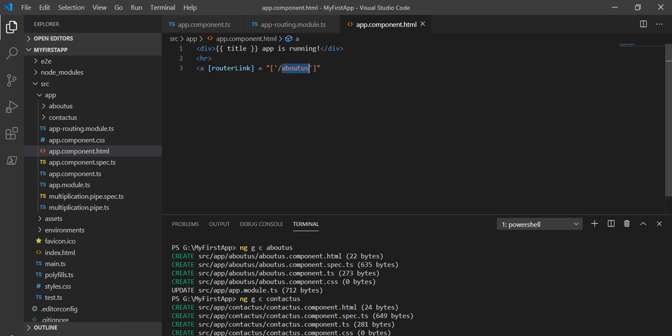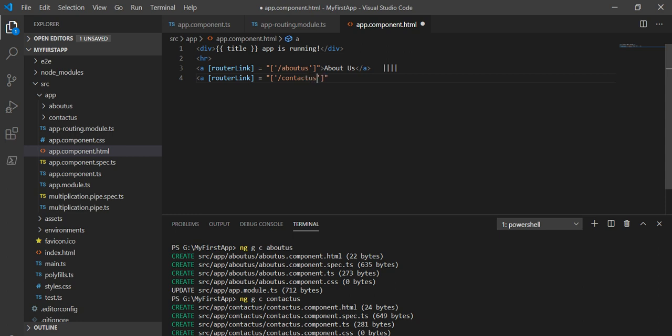After about-us, we close it and give the link text, About Us. Next, I will take some space, and for the next link, like I told you, routerLink equal to double quotes, then square brackets, and inside slash contact-us.